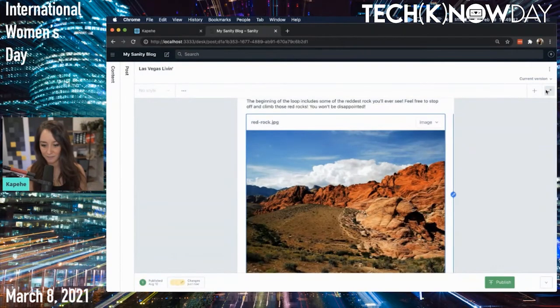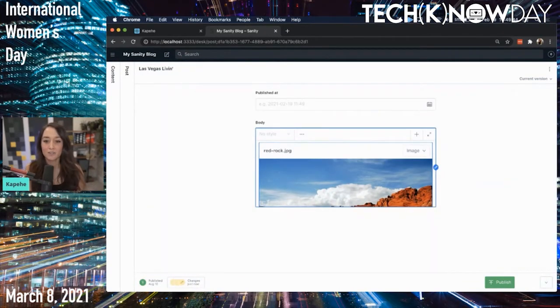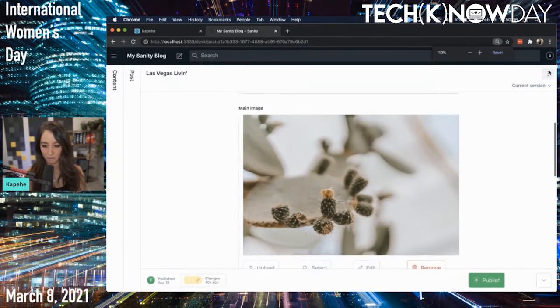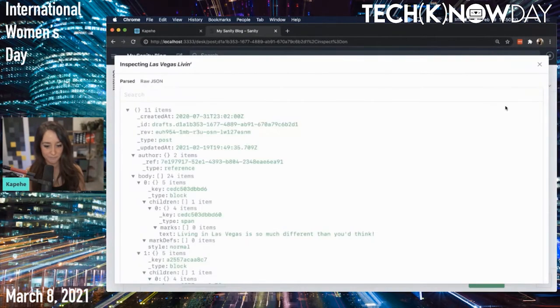I can exit out of that, bring it back down. So there's the hotspot and crop feature. Now, the metadata. I got very excited about it earlier, so let me show you how awesome it is. If I wanted to find out all the metadata on this main image, I am in the document that I need. I'm going to click on these little dots up here in the upper right-hand corner, and then I'm going to hit inspect.